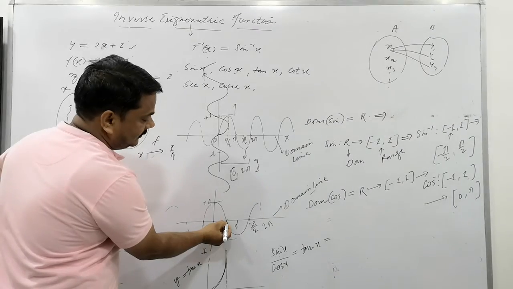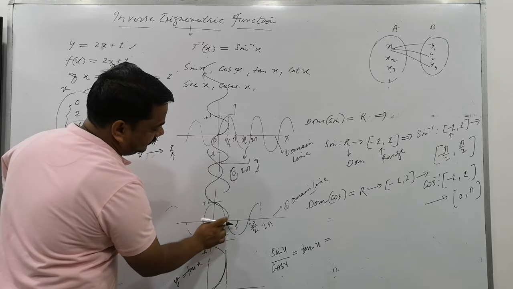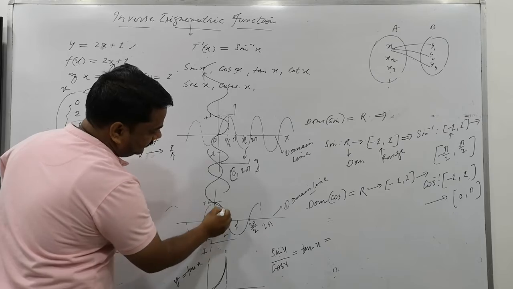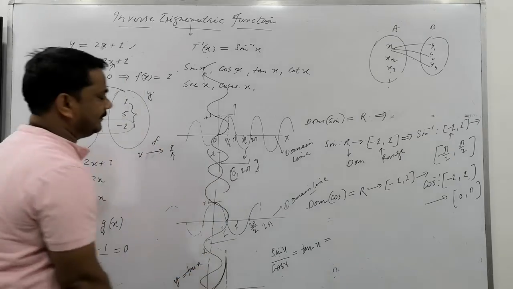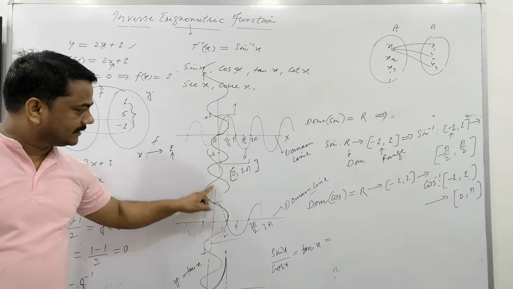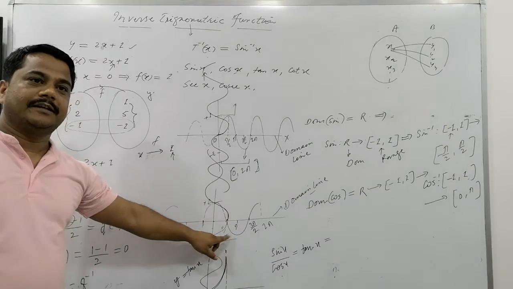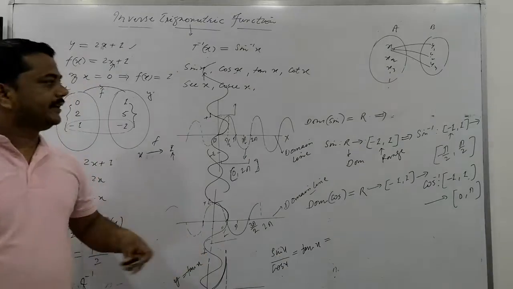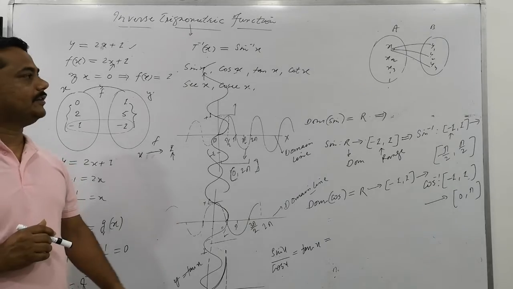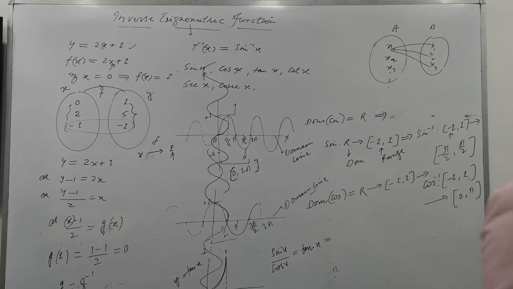What type of graphical representation will come here? This type of graphical representation will come here. This is the graphical representation for cos inverse, and this is cos. This is the combined graphical representation. You can see on the screen the different graphical representations also. See on the screen here in your study view.